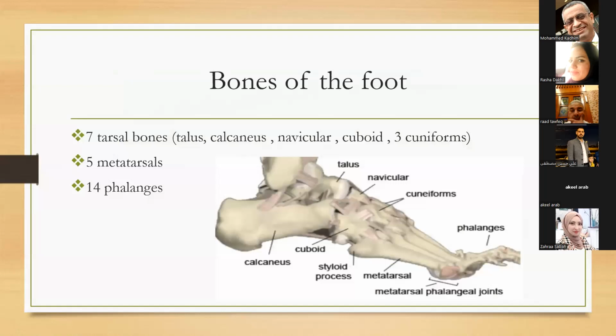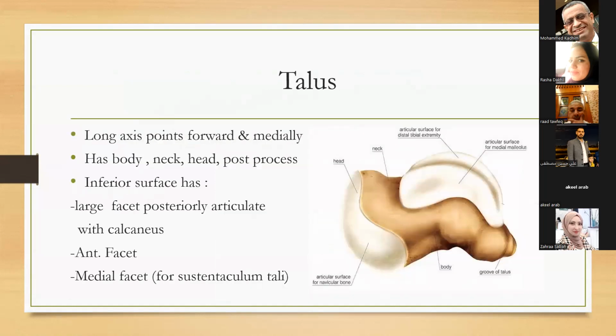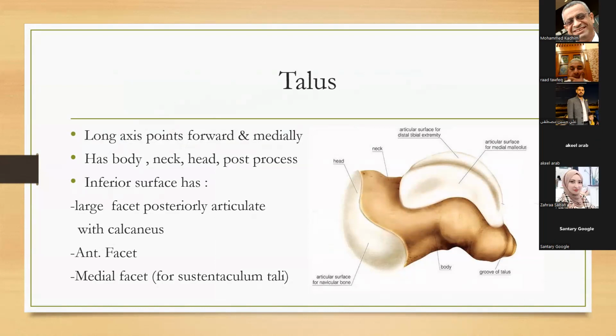The foot has 7 tarsal bones: the talus, calcaneus, navicular, cuboid, and 3 cuneiforms, and 5 metatarsals, and 14 phalanges. The 2 most important bones in the foot are the talus and the calcaneus. The long axis of the talus points forward and medially, and it has a body, neck, and head